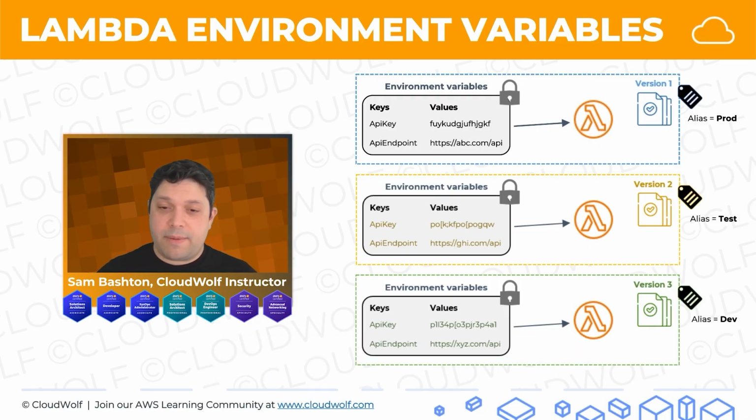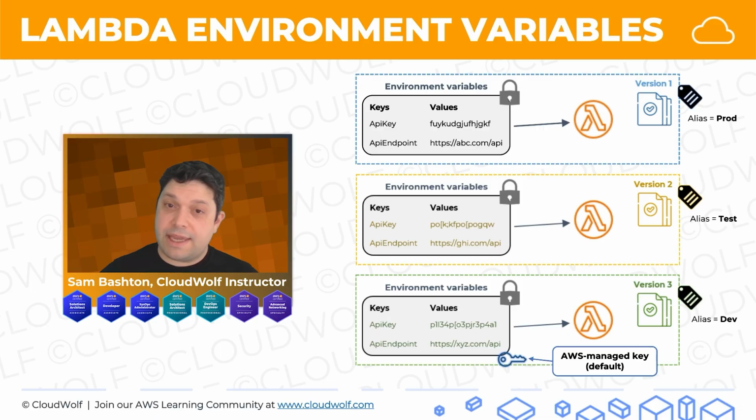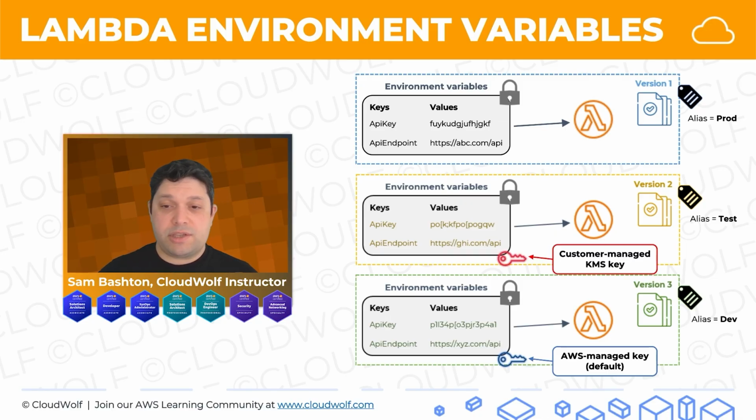Now, we spoke about the API key being something that is sensitive and that we don't want people to see. How do we deal with that? Well, the answer is we use KMS for encryption and we put the encrypted value into the environment variable. So we can use the AWS-managed key or we can use a customer-managed KMS key, and we put that into